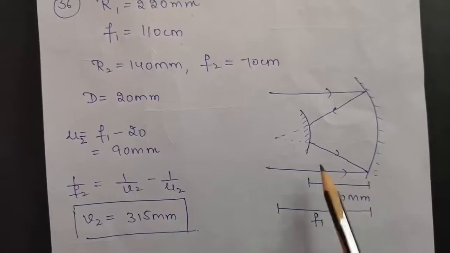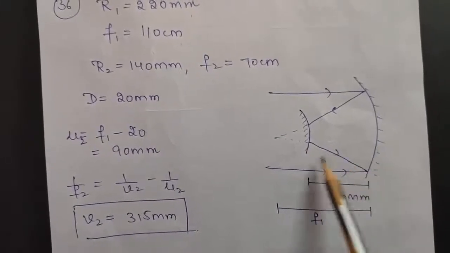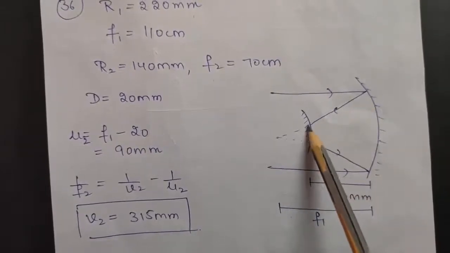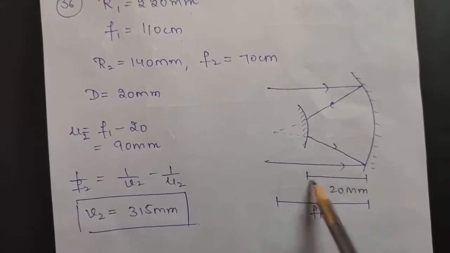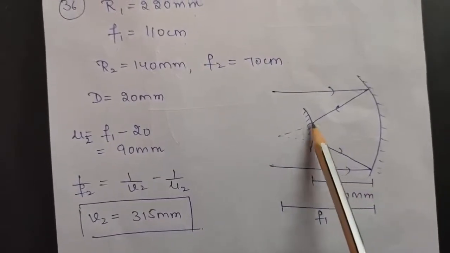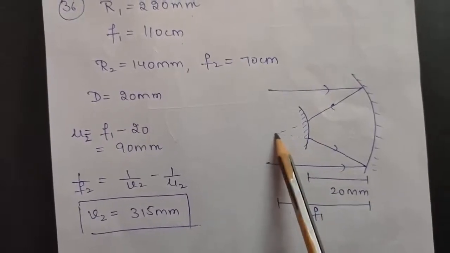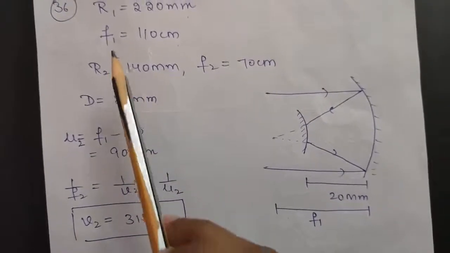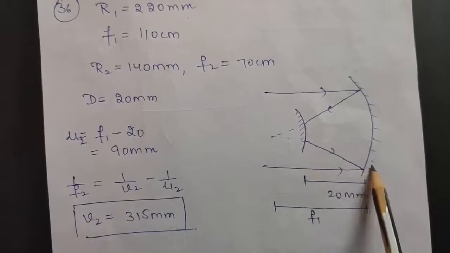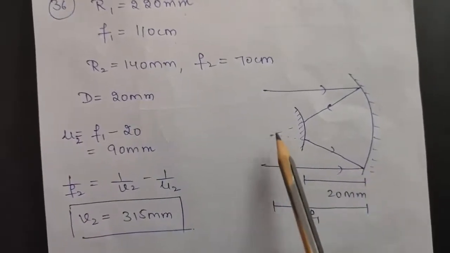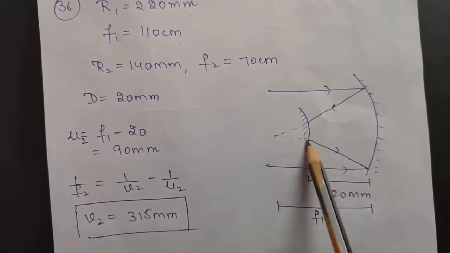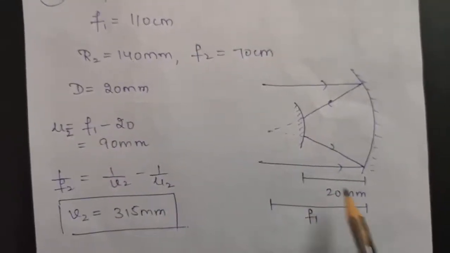Okay, so now as the distance between them is given to be 20 centimeters, that means after getting reflected from the concave mirror, these reflected rays will be meeting this convex mirror at a distance of 20 centimeter, and this is F1 because when produced, these rays will be making a virtual image at the focus of your concave mirror. Now you are given all these factors and I am taking D, that is this, to be 20 centimeters. Now see, this virtual image will be acting as object for this mirror. So let us calculate this distance. This distance will be nothing but F1 minus 20.